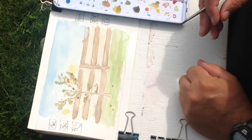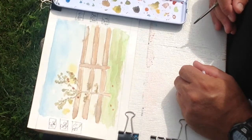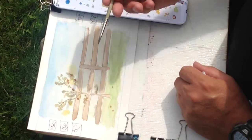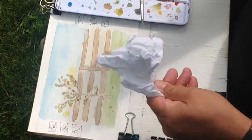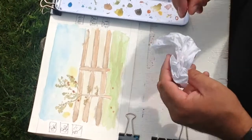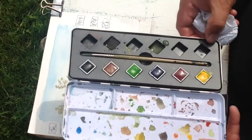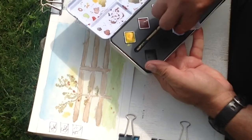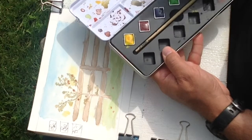So I think that's really it for this painting. I'm going to put a mat on it and let you see what it looks like with a mat, but I think that's probably the end. So I'm going to take my number 3 brush, put it into that fairly clean water there, wipe it off with my tissue a little bit. It can go in here. You can simply take your tissue and pick up the water that's in these wells here. You can simply just dry that up fairly easily with a tissue. One tissue will do it,